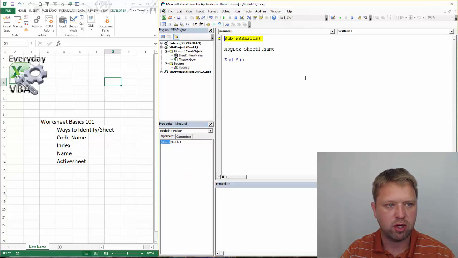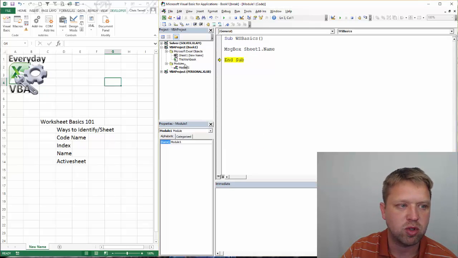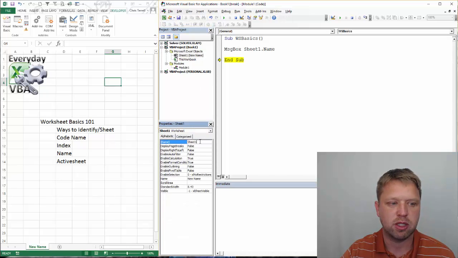Now if I hit F8 and go through my message box, notice the code name has not changed because I've not changed it, but the name of it has. So that's one way to do that. Now the other thing that you can do is you can actually change your code name. So I typically do this on